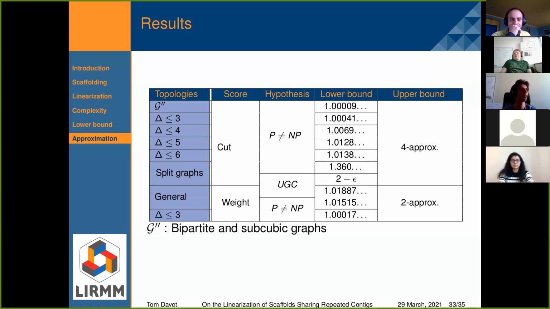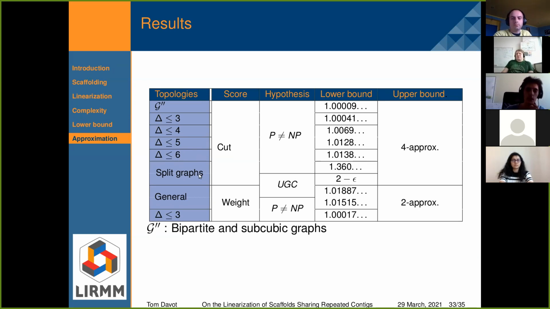Maybe I can have a question. When you started with this complete bipartite graph, my feeling was that it has something to do with vertex cover. Either you cover the edge from that side or that side. Are there any further similarities that one could explore? Could you really model it as some vertex cover? Yes. Actually, it can be reduced from vertex cover.